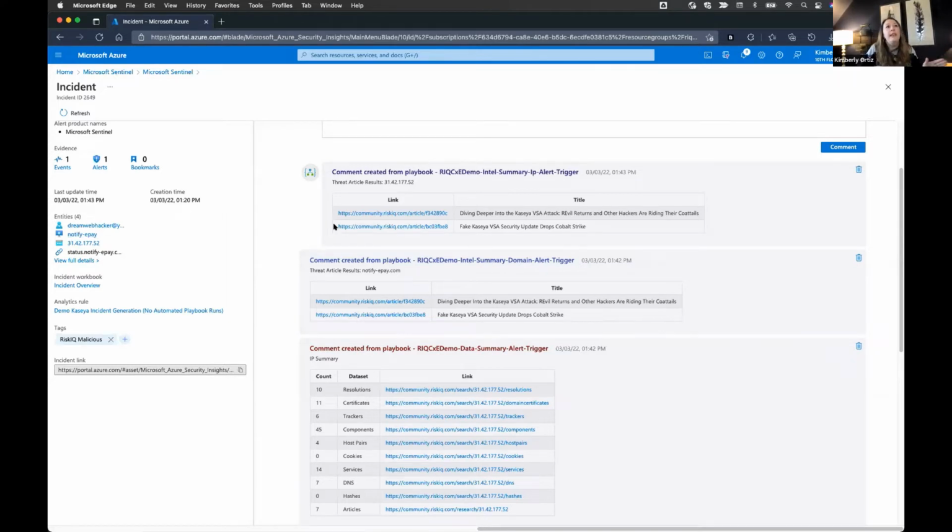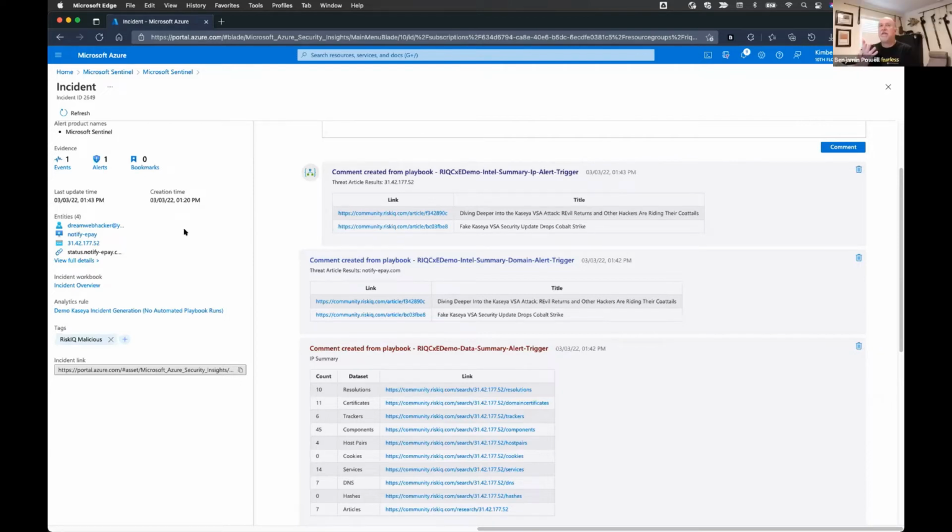So what we're doing is we are mapping domains to the host entity type within the analytic rule, since Sentinel does not yet have a DNS entity type. And then within our playbooks, we're modifying them to make sure that they take care of making sure the domain is correctly formatted when we send it to our API endpoints.